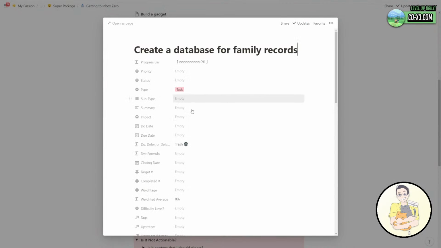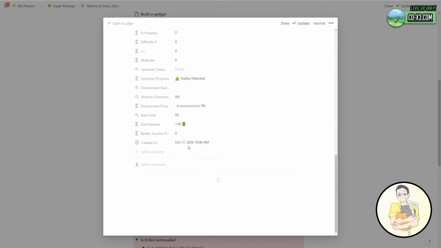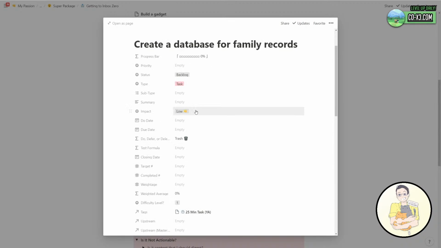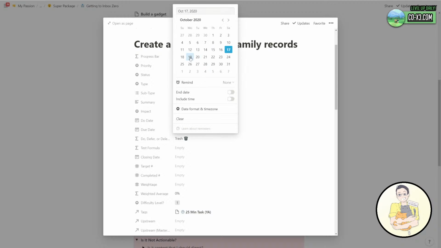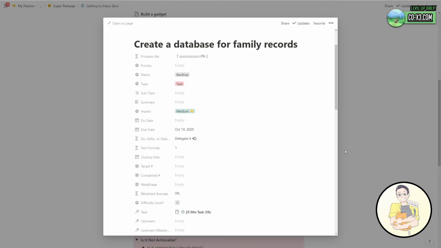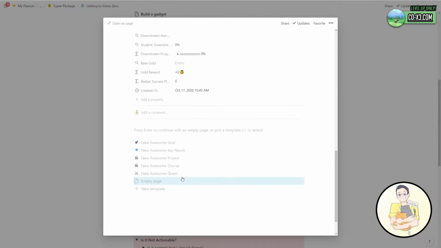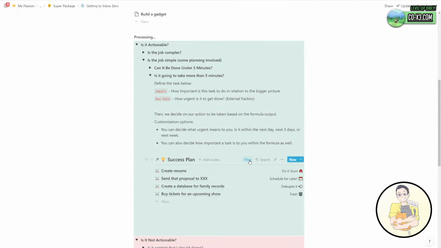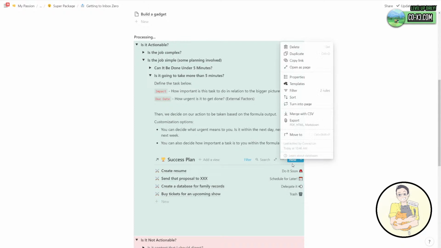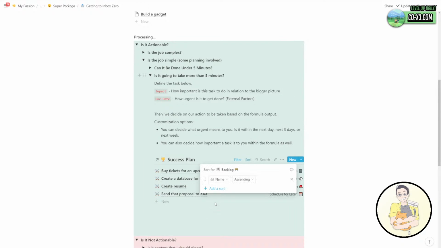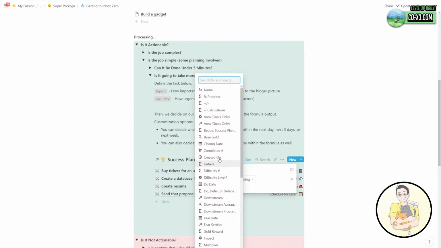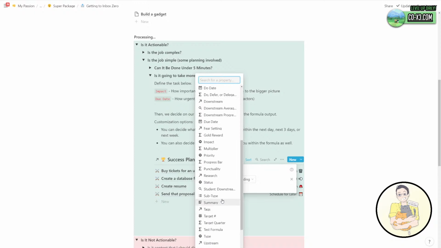Create a database for family records. Again, I'm going to go down to the new awesome quest, and then I'm just going to fill in, for example, this is low priority. Or let's say it's medium priority, not low, but it's definitely something that we can do. Maybe my family members are waiting for it, or I know there's an emergency coming up soon. So we can already see a very good prioritization here, because we can also have a sort here that sorts first by priority. So priority is the first sort,